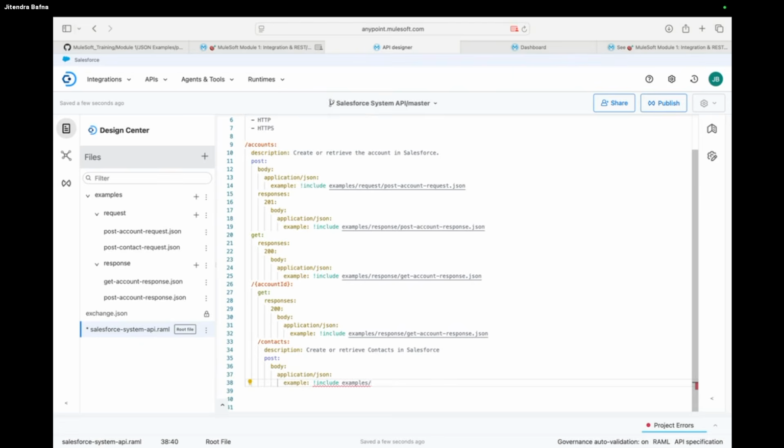In tomorrow's demo, we will create data libraries for that, and we can use ChatGPT for that also. Okay. So post contact request.json.